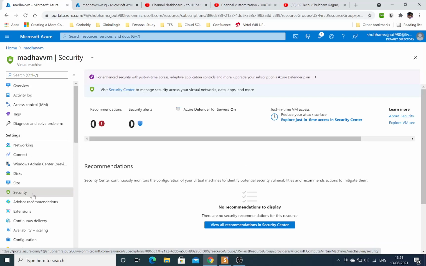Security is another section. You can see the recommendations and security alerts. Basically after 24 hours of your machine creation, Microsoft will provide you the alerts. These are the recommendations and security alerts you should act on for your machine.